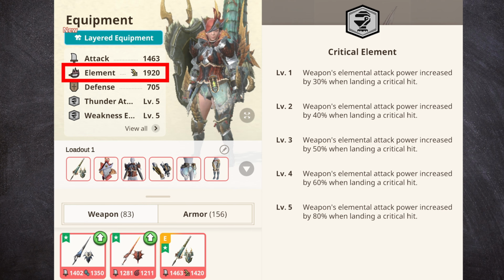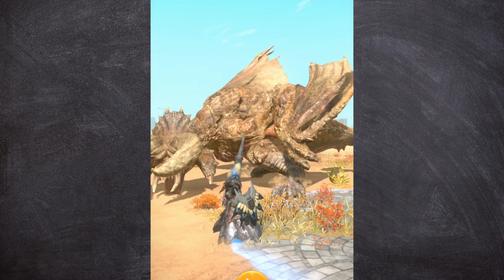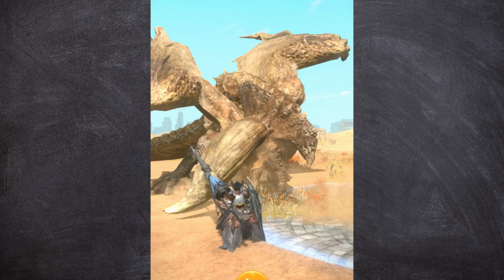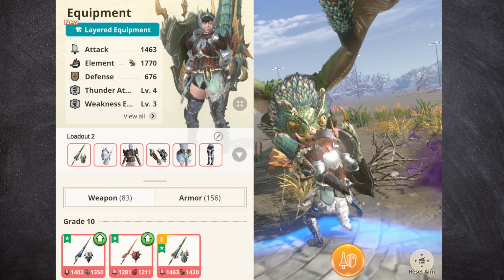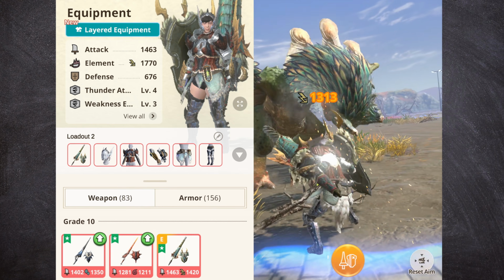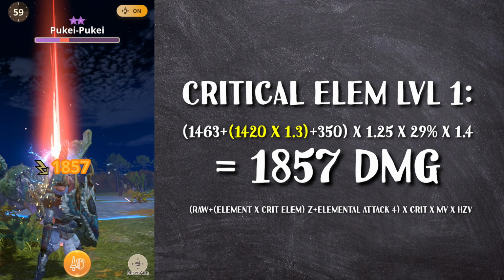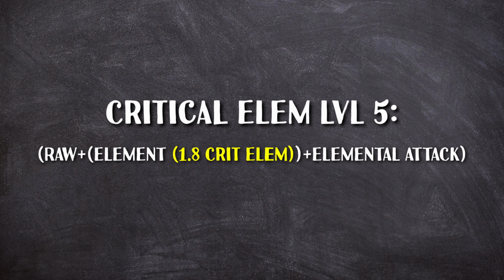But unfortunately, I was wrong. I did some tests, and unfortunately it only applies to your weapon's base elemental stat. I tested critical element level 1 with a build with elemental attack level 4, and the formula looks like this. We first multiplied the elemental stat of your weapon with the critical element modifier, then add the elemental attack skills after that. If we max out critical element, it gives us a massive 80% buff to our weapon's base elemental